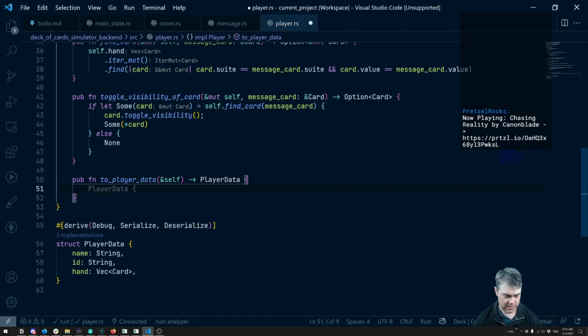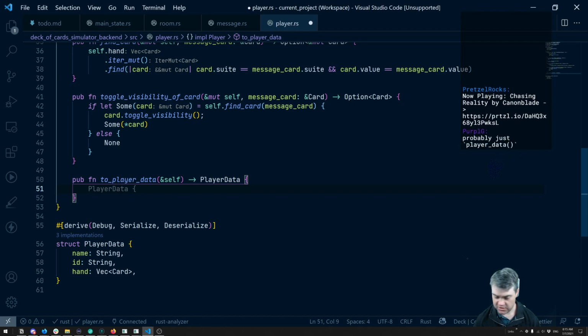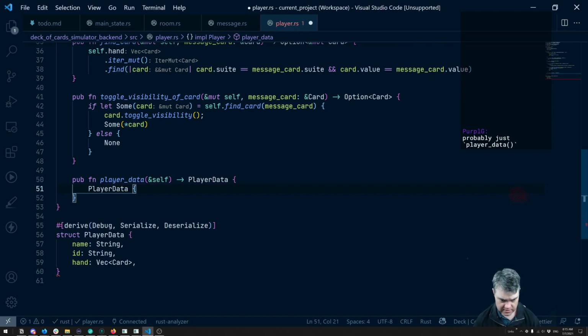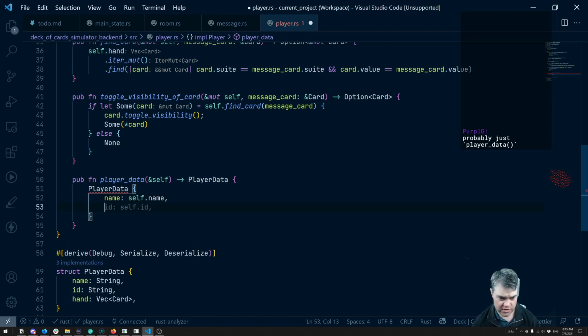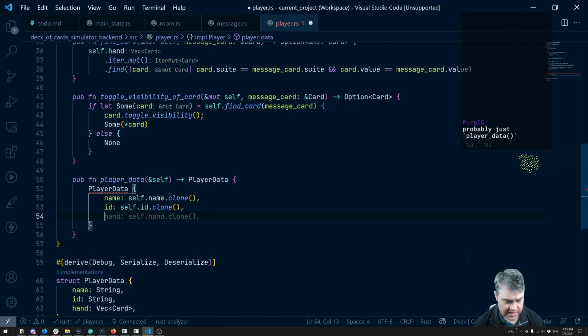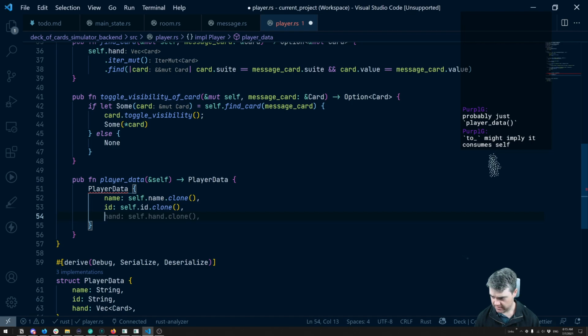Okay, so in this case, just PlayerData. Yeah, that makes sense. Name, self.name. That's going to have to be cloned because that's a String. Strings don't implement Copy. ID is going to be the same way, and then hand is going to be the same thing. Oh, you might be right. That's probably why it consumed self too. So if I just do that,